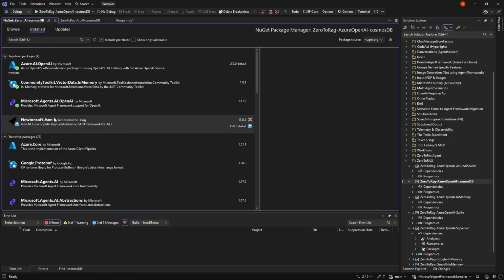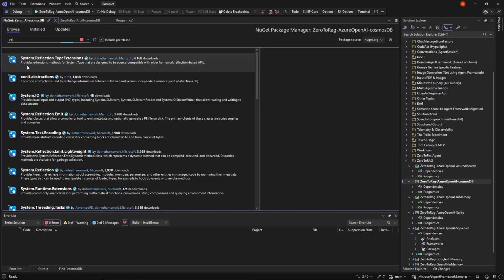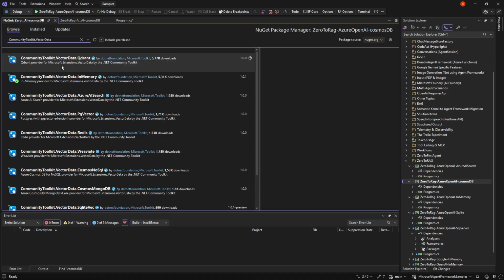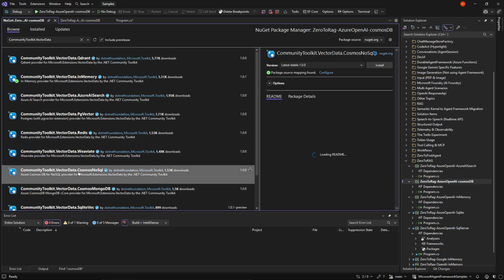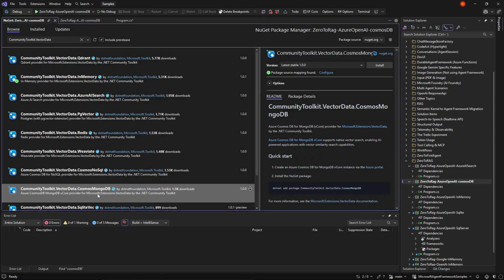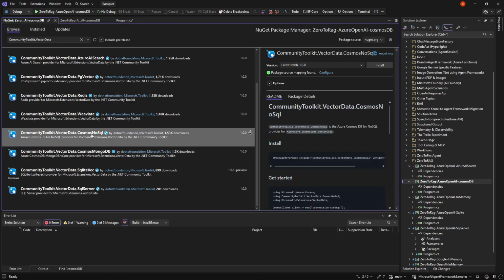It's a little annoying, but that's just the way it is, and it would tell you if you didn't already put it in. So we can put in community toolkit.vector data. And among these, you can see there's two Cosmos, one if we use NoSQL, and one if we use MongoDB, because there's different APIs for them. We, of course, use the one we created, the NoSQL.